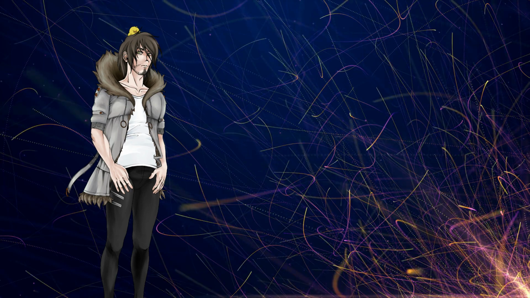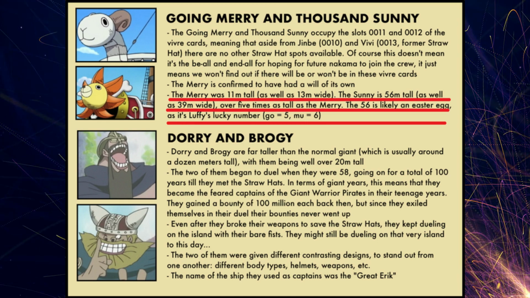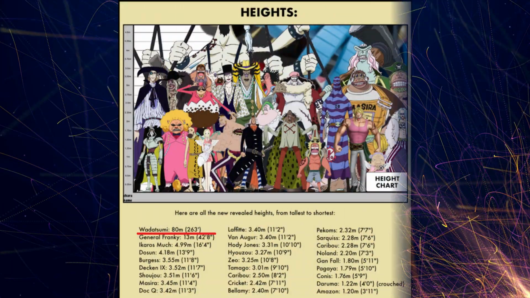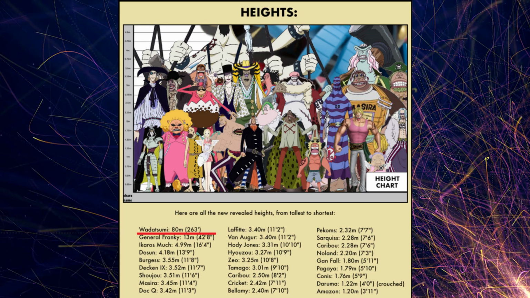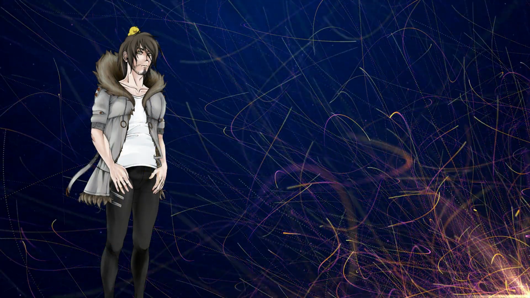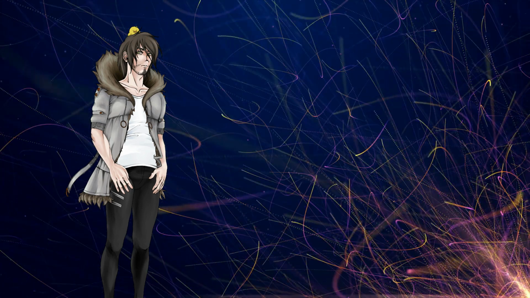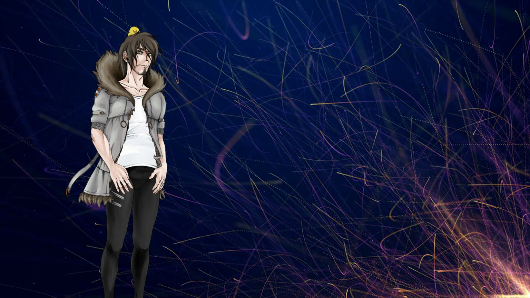First off, we also have data book sizes for the Sunny coming in at as much as 56 meters tall and about 39 meters wide, right? Okay. We also have things such as Wadatsumi here, having height as much as 80 meters. Well, if those are supposed to be what we are actually seeing in terms of data books, then when we actually compare the size of them to the actual Marine battleships,